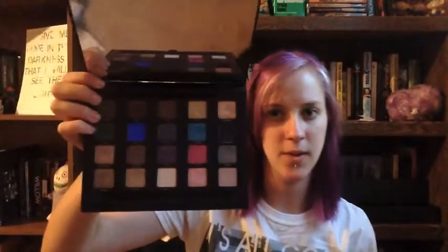I have 2 in mind, and I already talked about both of them. I'm gonna go with the Vice palette again because I've had this one longer, I've used it a lot more, as is Urban Decay's kind of trademark thing. It's mostly pretty colorful things, but you've got some neutrals in there that you can use to make other looks, and I just find myself using this one a lot, and I love it. I suppose if I could never use any other eyeshadow palette ever again, I would pick this one over the rest of them, because then you've got all your options and it feels really nice. It feels like those books that I was talking about in my last video, and I didn't even know that they could make palettes feel like that. And also this mirror. This mirror is everything. It's gigantic and it stays open by itself and you press the button and it just